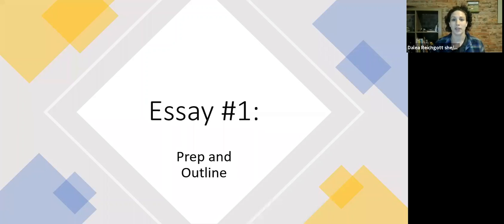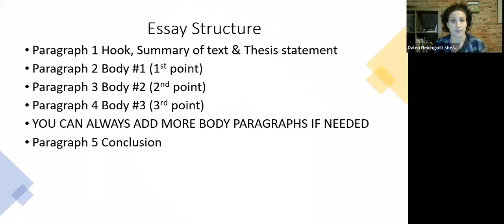Just wanted to give you a little bit more guidance on what I'm looking for in this introductory paragraph for your first essay. So I've provided this whole document, which has a lot more information than I'm going to talk about here, over in the files in English 101 underneath your first essay. But I'm just going to go into details about your intro paragraph in this.